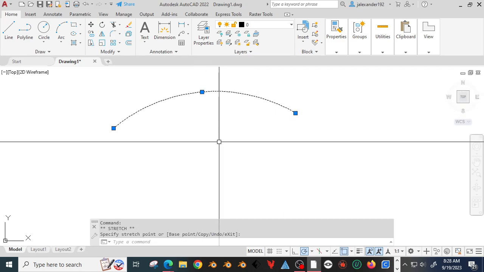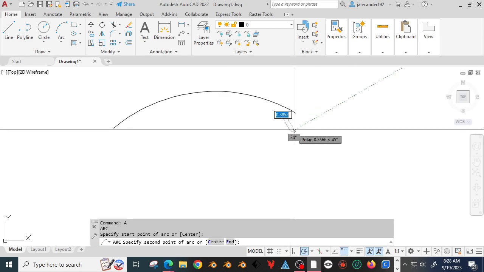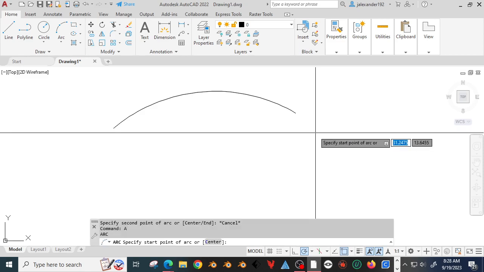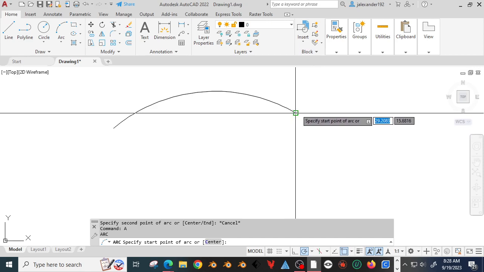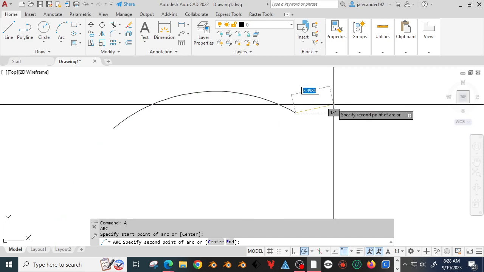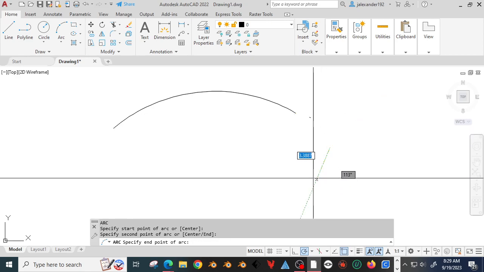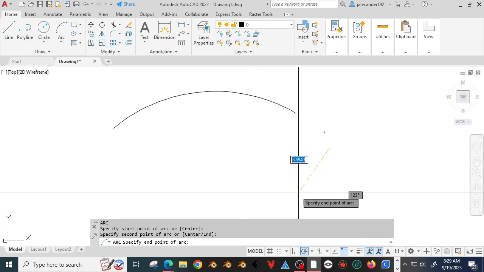All right, so if I did several arcs, let's say I wanted something that had what's called a compound radius, which a lot of designs do, you may have to chain 2 arcs together. So I'm going to type A for arc, and you can see it's the first thing on the list. So I should be able to just hit space. You don't have to click on it. All right, and I'm going to start at the end of the last one. I'm kind of guessing where my center point is right now. And